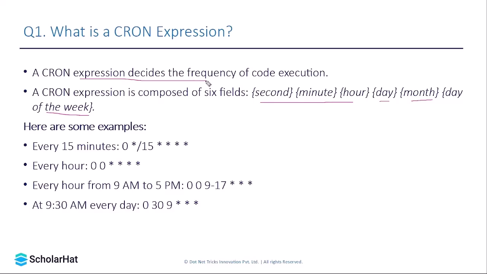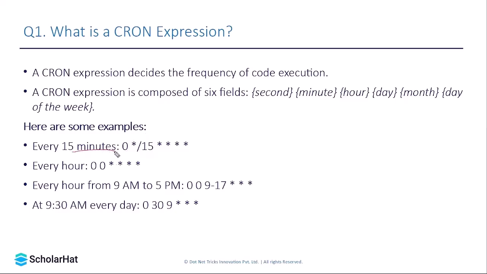Let's say I want to run my Azure function at an interval of 15 minutes on a daily basis. I can write my cron expression like this. Let's decode this cron expression with the help of the above formula. As we discussed, the first part of the expression is second, that is 0 in this case. The second part is minute, that is 15 in this case. The third part is hour. Star means every hour, day means every day, month means every month, and day of the week means every day of the week. This simply means that if I choose this cron expression, I am asking to run this